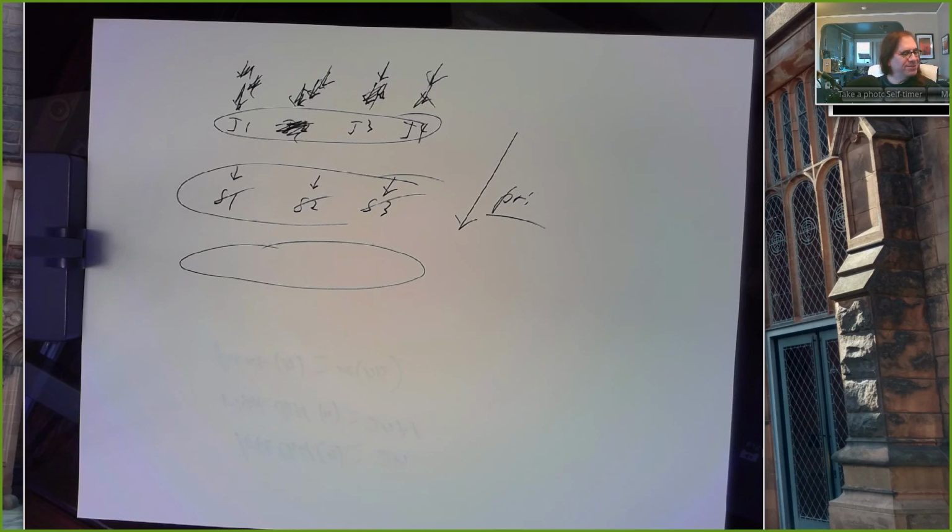PA5, I've never done a PA on heaps. I don't think I'm going to. But that would be fun. PA5 is going to be about dynamic programming, and that's our next unit. And I will post PA5 on Monday, and that will be due the following Monday. So you'll have a week to do it, but it'll be due a week from Monday, because we're running out of time in this quarter. Or rather, the quarter is coming to an end quickly,